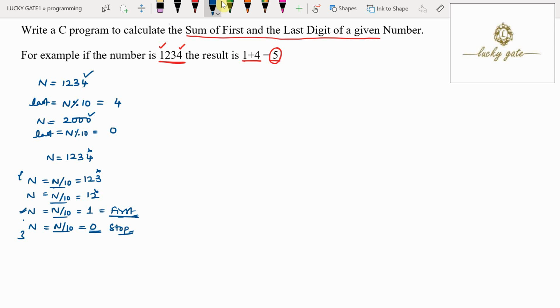So each time, you consider that n is first, then perform a division. Again first is n, then perform a division. Whenever the division results in 0, you stop, and the first digit, that is n, is possible. So first is 1. Then finally you add this last digit and first digit to produce the output.